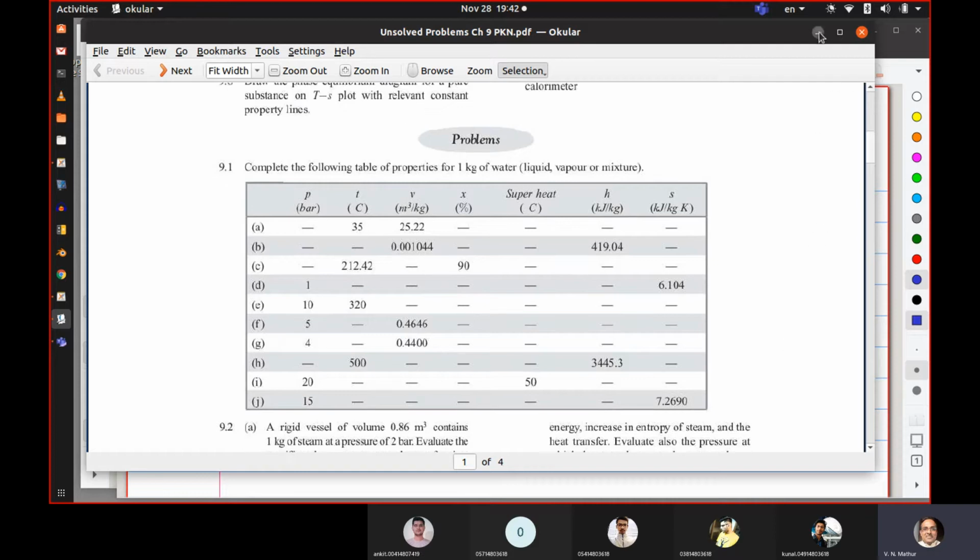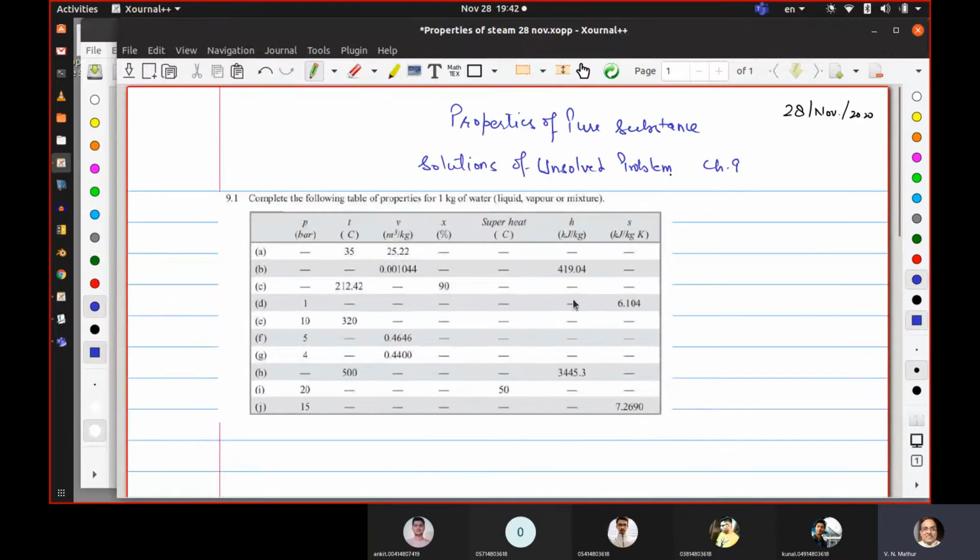I think we should start with the first one. I've just copy pasted the question here. It says complete the following. Is the screen visible? Yes, sir. Okay. Complete the following table of properties for 1 kg of water, liquid, vapor or mixture. So there are A, B, C, D, E, F, G, H, I, J, around 10 parts. The first one says